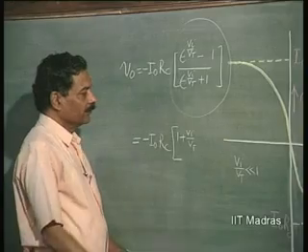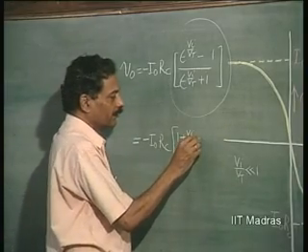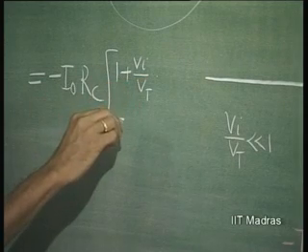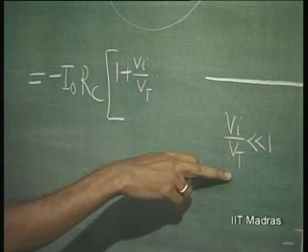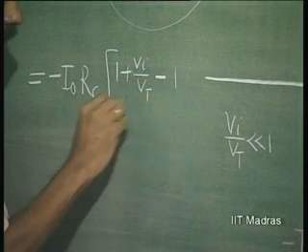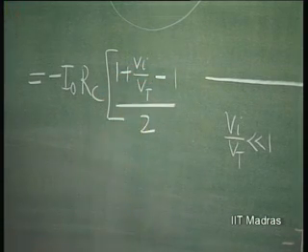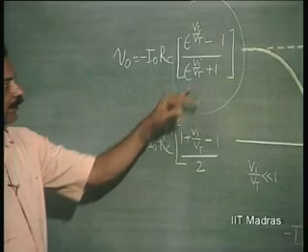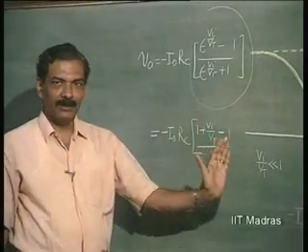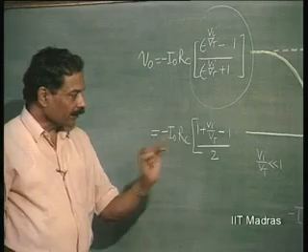If you just put it as 1 plus x and ignore the higher order terms, then this is minus 1 and this is plus 2, because compared to 2, Vi by Vt is negligible. So, even Vi by Vt is neglected there, whereas here